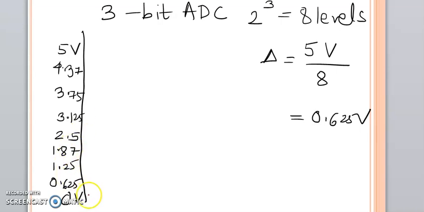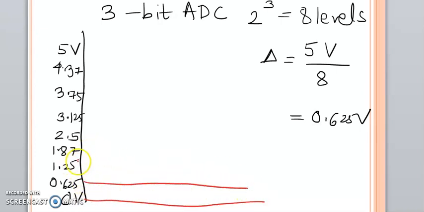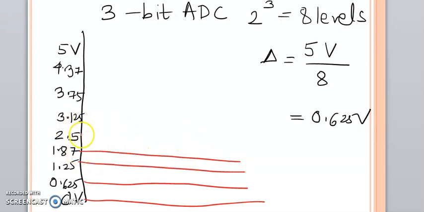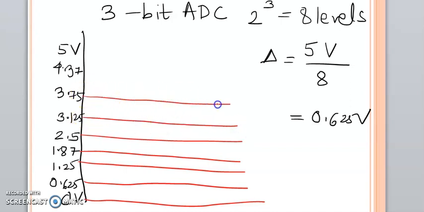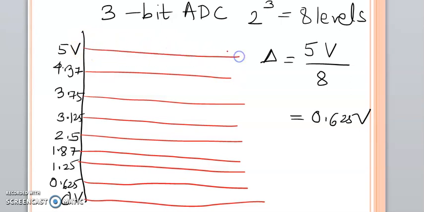So in this way the total range of 0 to 5 volt is divided into 8 levels. Now how to generate the digital